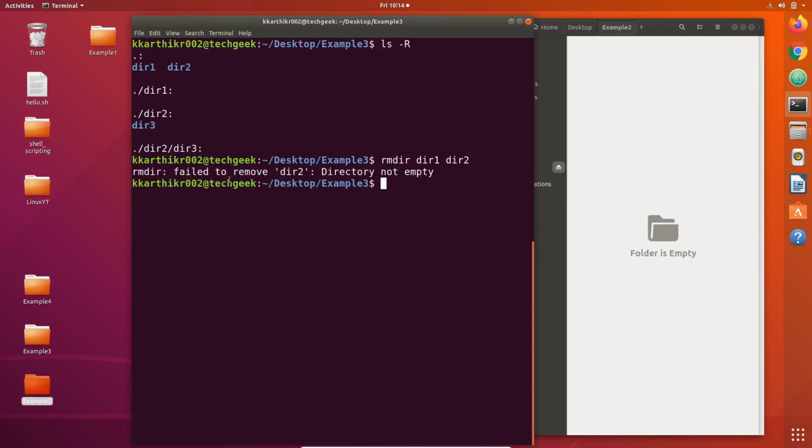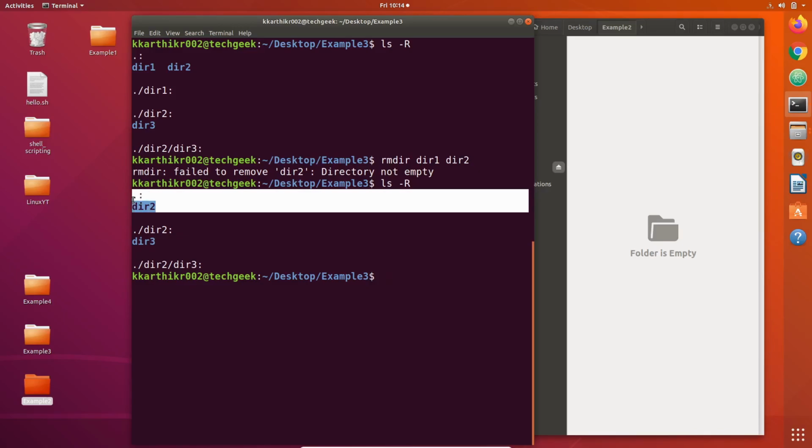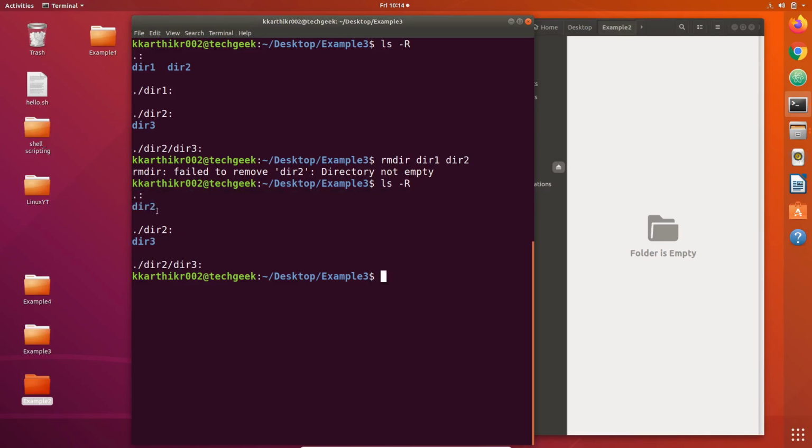It gives an error that it failed to remove directory2 because it is not empty. Now let us again check the contents of example3 recursively. You can see here that directory1 is removed but directory2 is spared.